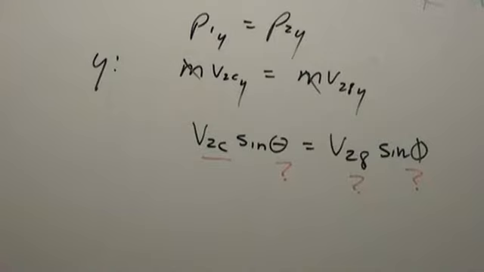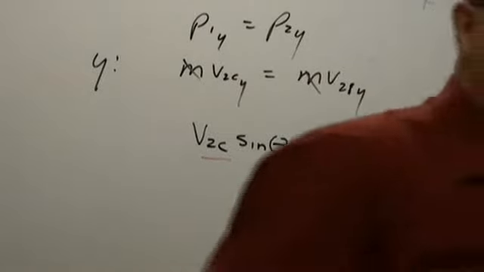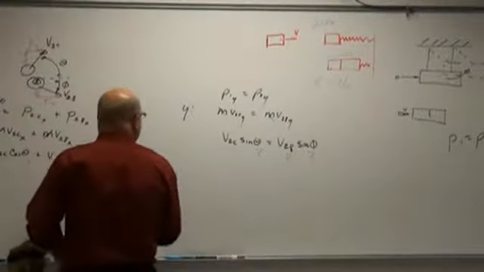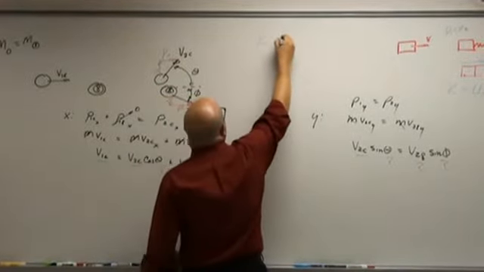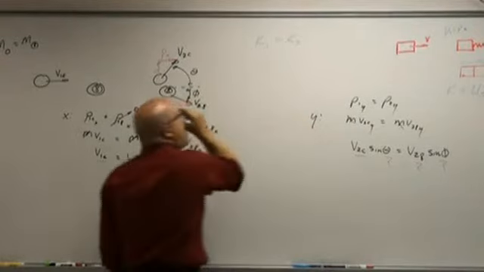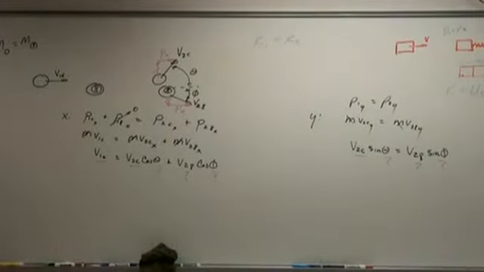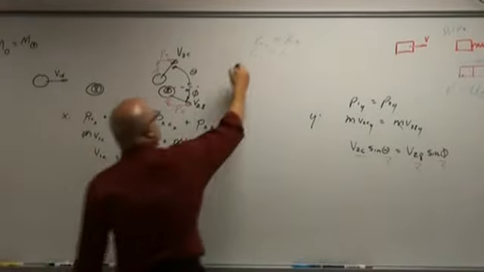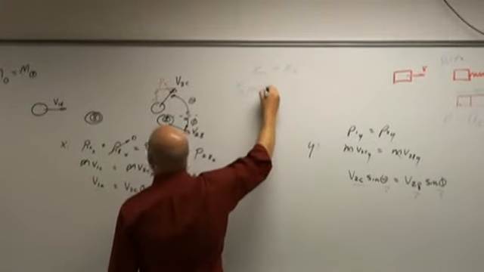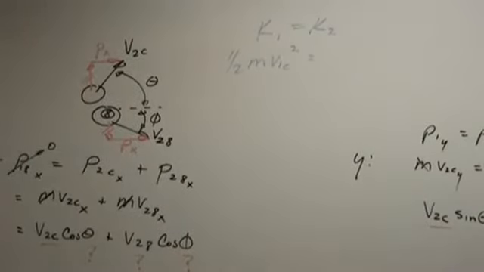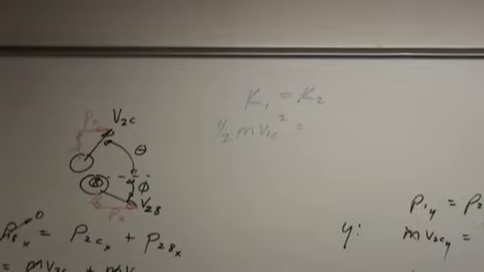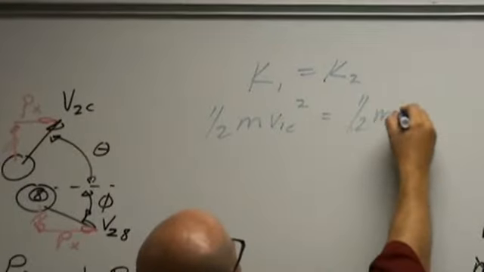What's our third equation? What kind of collision is it? Elastic. What does elastic collision mean? Energy. Kinetic energy 1 equals kinetic energy 2. So how much kinetic energy do I start with? 1/2 m v1c squared. How much energy do I end with? 1/2